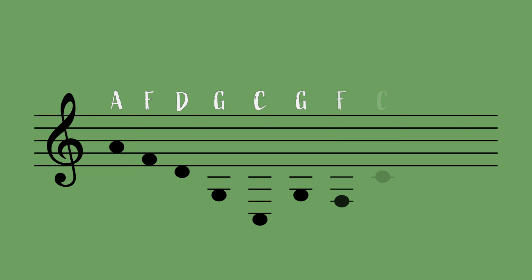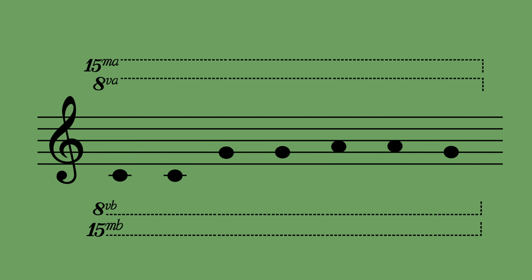And if you want to go below the staff, well, you do the same. You just have to place ledger lines below the staff. You can add as many ledger lines as you want, but in the case where every single note needs a ledger line, it makes the reading unpleasant, so you have other options. Either you can actually change the clef, it happens a lot with instruments having a high range of notes like the piano with the treble and the bass clef, or you can add written indications above and below the staff. There are written indications saying that what you see must not be played on the regular octave, and